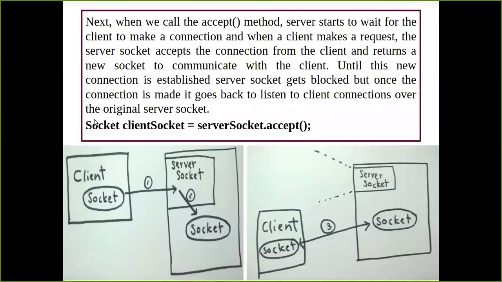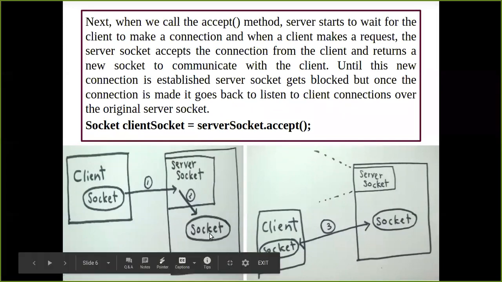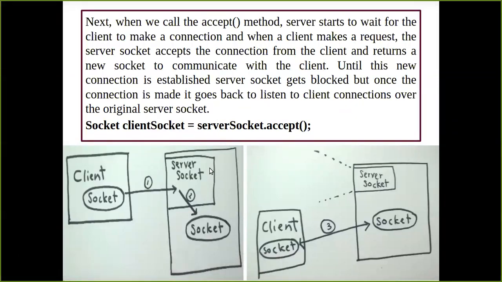So how are you going to do it? You're going to have a socket interface, and we are going to have an object for this which is going to be used in future again. So this is the object of your server socket interface, and we are invoking the accept method. That means we are trying to accept the request from the server socket. The server is trying to accept the request from the server socket. So this is one type of gateway, or one type of port, through which the request must come to the server, and the server must accept that request which is coming from this gateway from the client. I hope you have understood this. If you have not, you can put it in the chat box, and I'll explain it to you again.